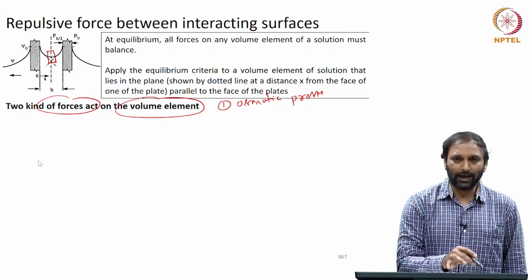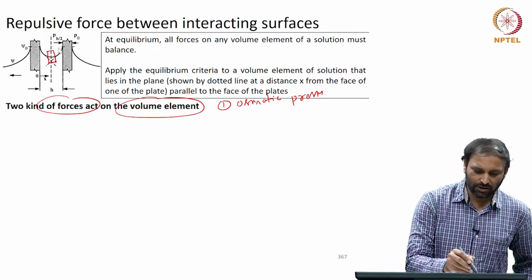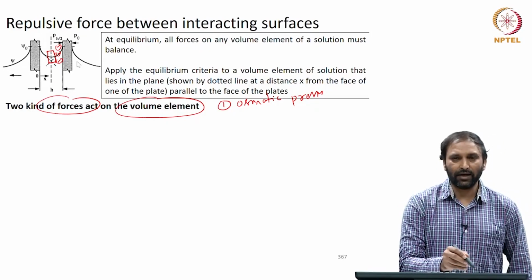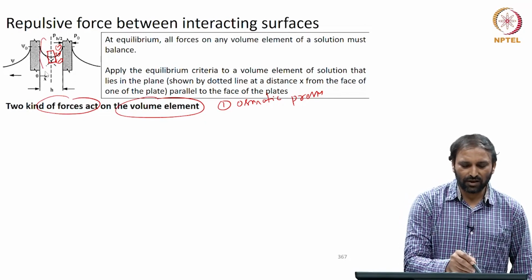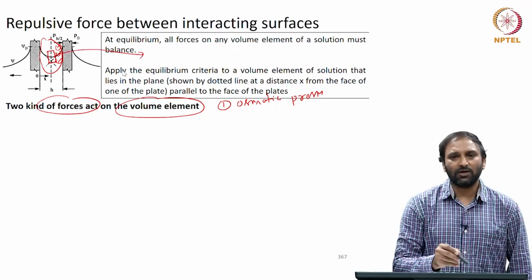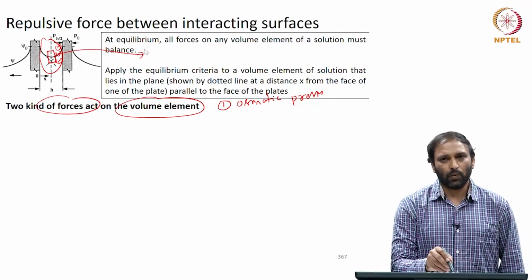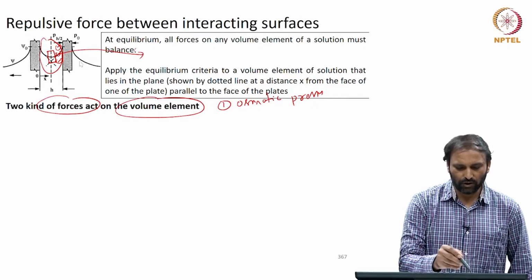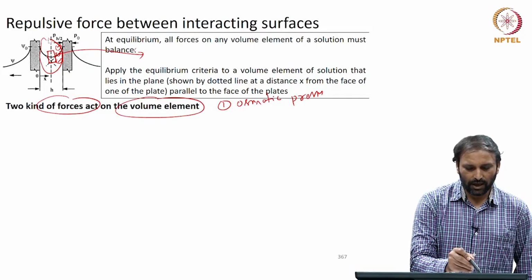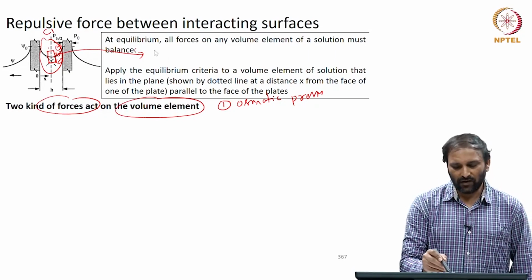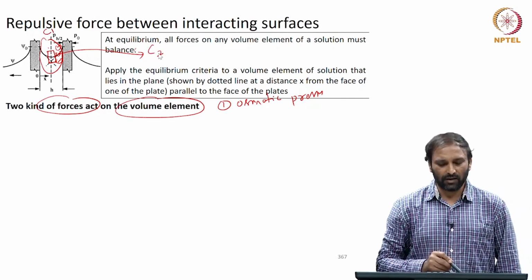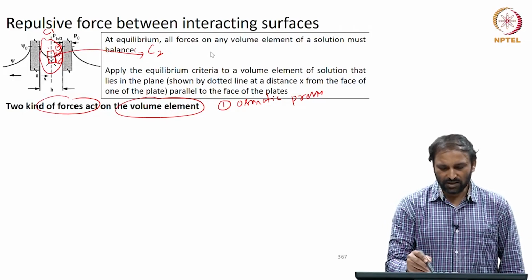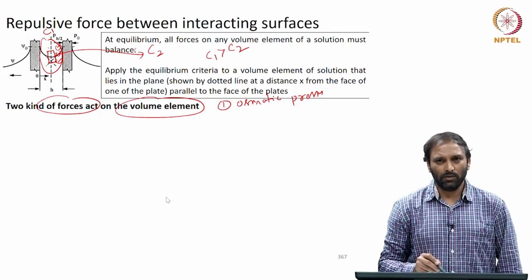concentration of electrolyte, and because of the fact that the concentration of the counter ions close to the surface is higher, right. So, the concentration in this region would be very different from the concentration in a region that is in the region outside the gap. Okay. If I were to think about the concentration of the electrolyte in the region as C1, and if I say that the concentration of the electrolyte in the region outside the plates is C2, okay, the C1 would be greater than C2, okay,